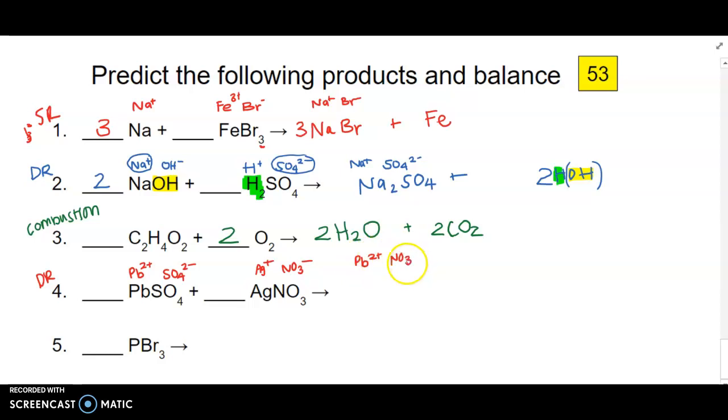Pb2+ and NO3-. Dropping and crossing, 2 becomes a subscript on NO3, 1 becomes a subscript on Pb, so Pb(NO3) 2 times. My second compound is Ag+ and SO4 2-. 2- becomes the charge on Ag, 1 becomes the charge on SO4. So I get Ag,